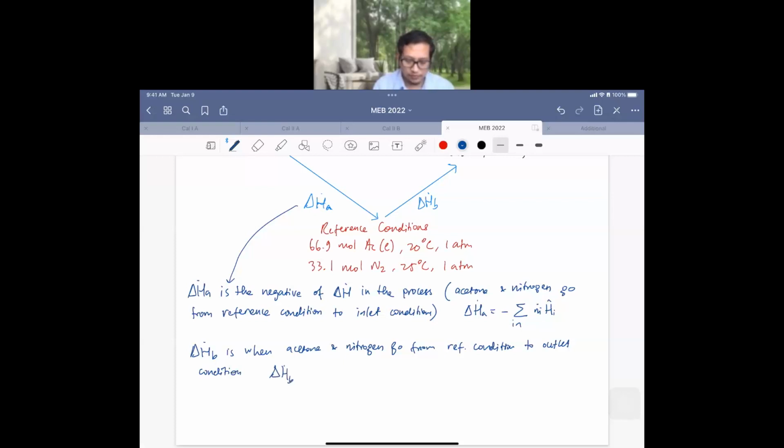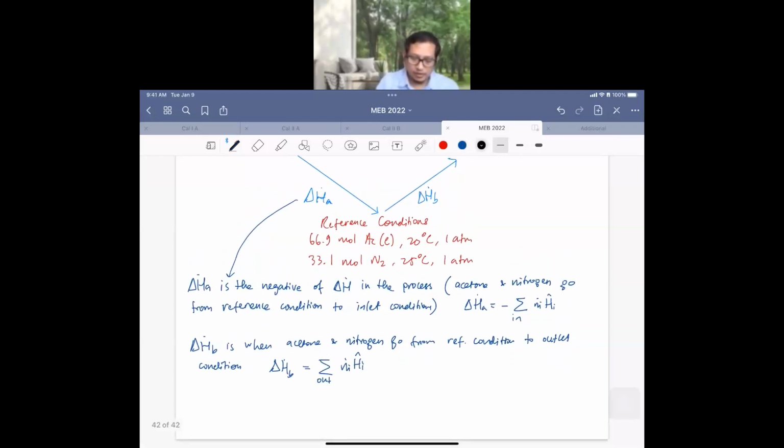Or we have the delta H B is equal to the summation of the outlet. So the overall equation will be